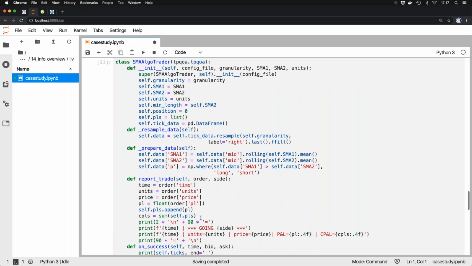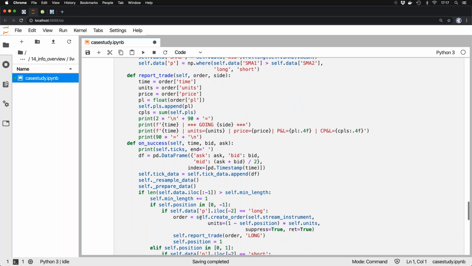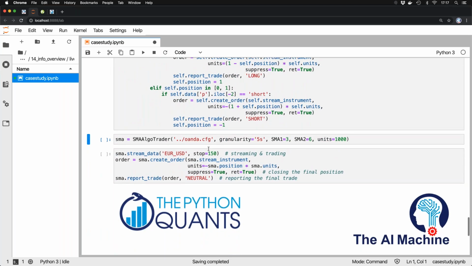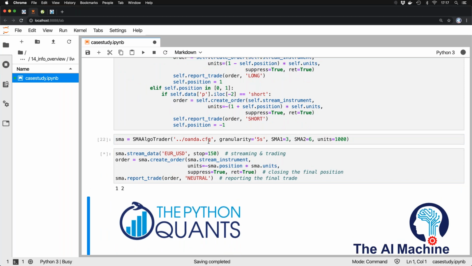And when I execute this piece of code, this class, here I instantiate a trading object, and I get started with the trading. Trading first doesn't start immediately. What starts here is the collection of data until we have enough data together to form the first trade.